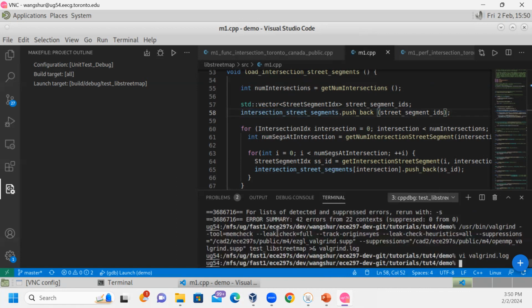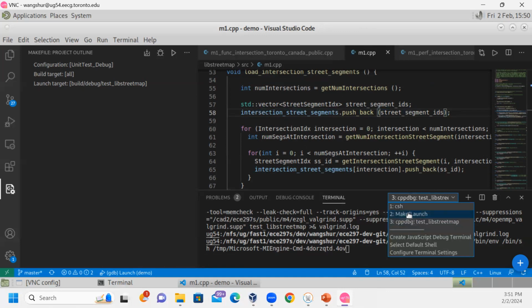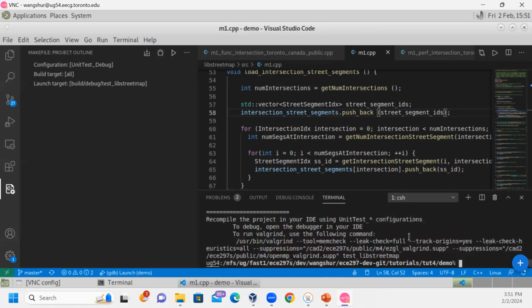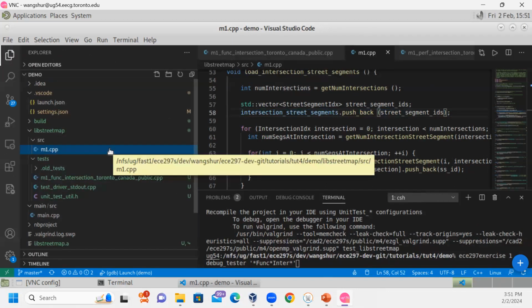And yeah, that's all I want to show you for this demo. But just remember the command that I used to get the tester code out is the debug tester command. Which is not here, but here in this one. So instead of run tester, I'm using debug tester and the tester name. And this